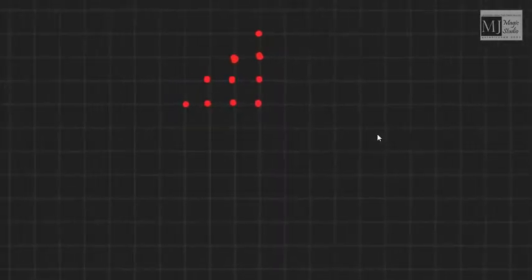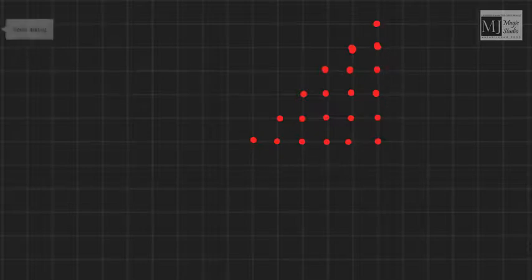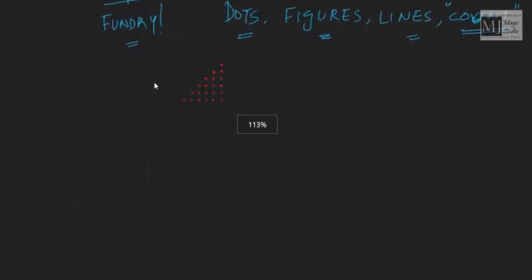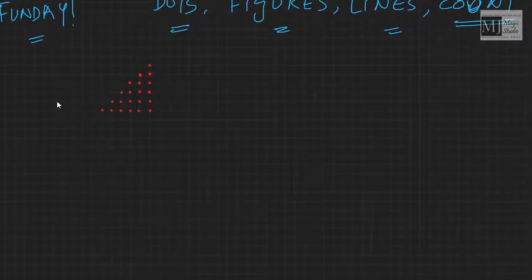Now see. Let me have some space. Now if I add 5 more, again I'll end up getting a triangle. I'll add 6 more. I'll again end up getting a triangle. You know, these kinds of numbers are known as triangular numbers. Why are they known as triangular numbers? Understood? Because whenever they are plotted on a graph paper and whenever we keep on increasing the numbers by